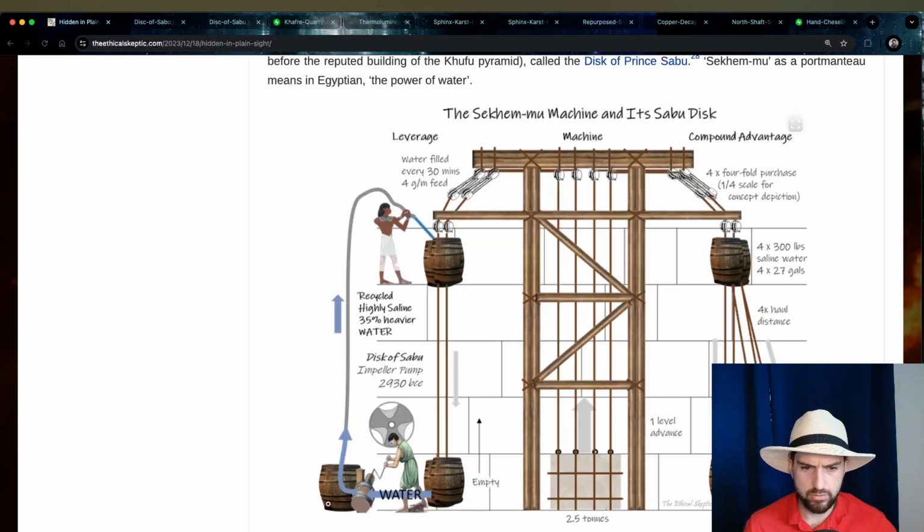And so what he's choosing to depict with barrels is that highly saline water, which is heavier than fresh water, which is true, right? Like if you've ever gone and tried to float in a saltwater pool, you float much more easily because the water is much more dense when it's highly saline relative to when it's not. So you have saline water, which is, he says, 35% heavier than non-saline water,